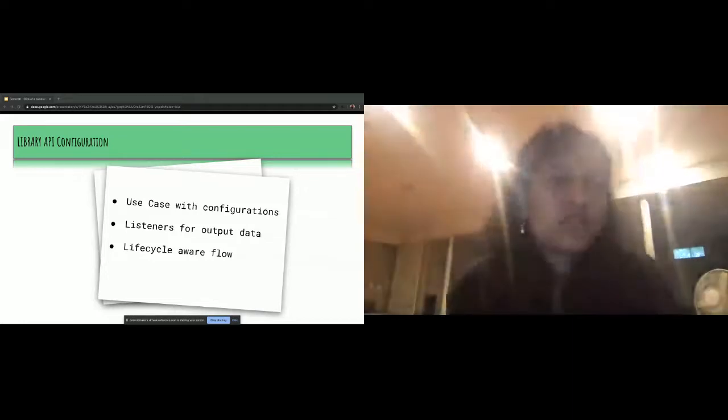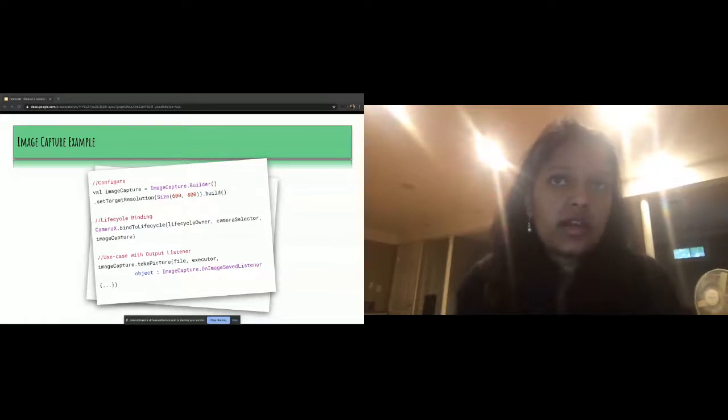So for just a small example, to specify the basic use case of image capture, we actually only need this much code to have an image capture pipeline. Basically, use the image capture builder method to specify the use case. We can provide additional configuration like set target resolution, capture mode, etc. But even if we don't, the API falls back to the nearest supported resolution on the device it's running on, which makes this widely supported on a variety of devices because the same code is running on all of them.